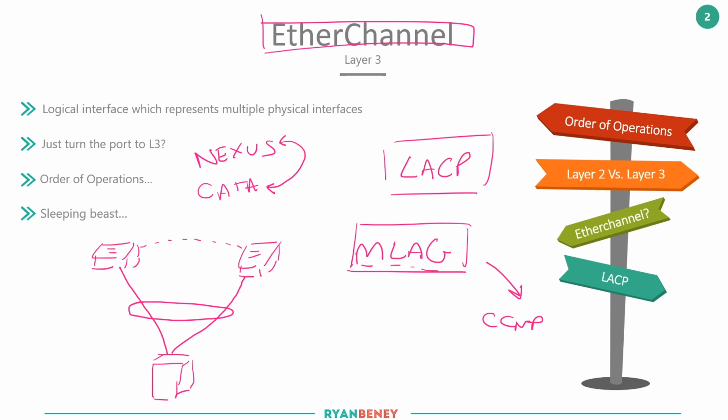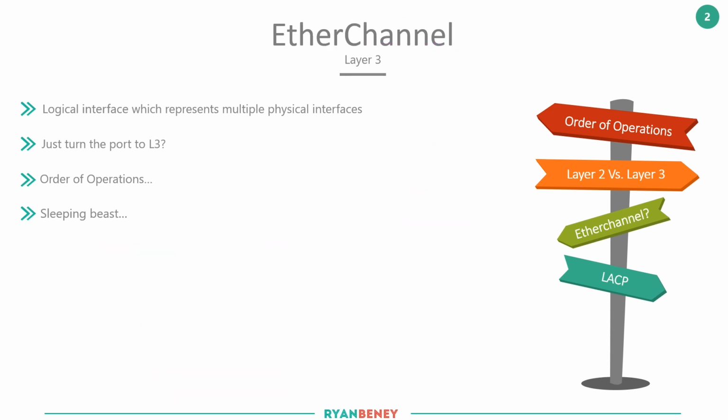So EtherChannels get interesting as you go up the ladder. I just thought I'd give you an insight. Don't worry about MLAG. It's definitely not on the CCNA. It's not on the blueprint. It's not mentioned. All we have to worry about for the CCNA as far as EtherChannels are concerned